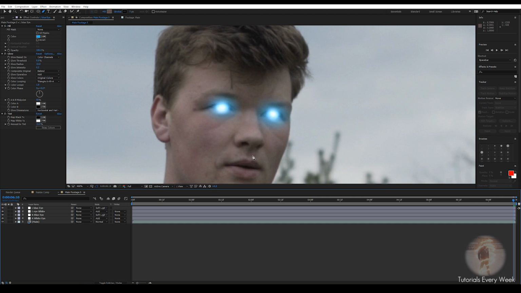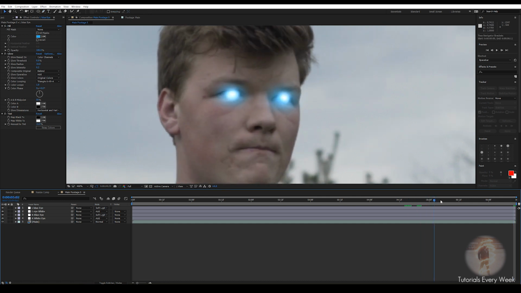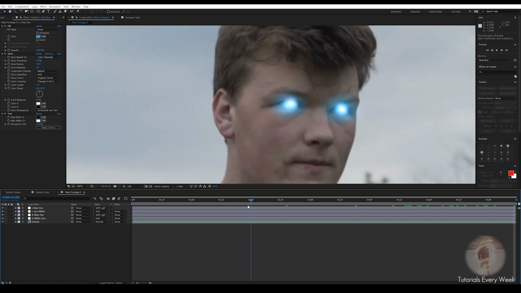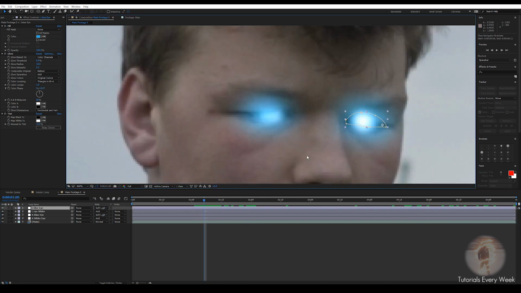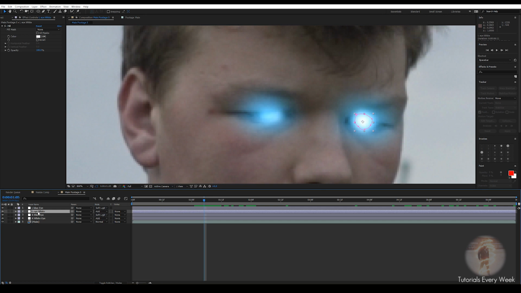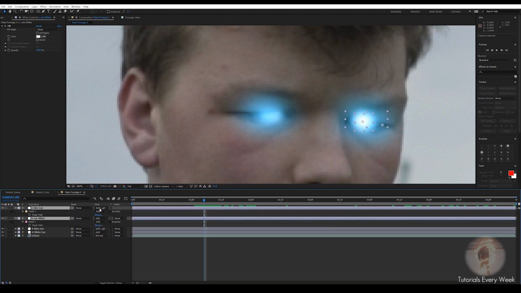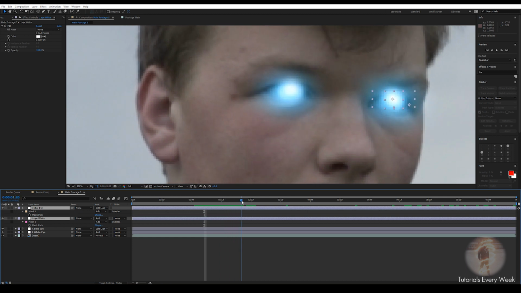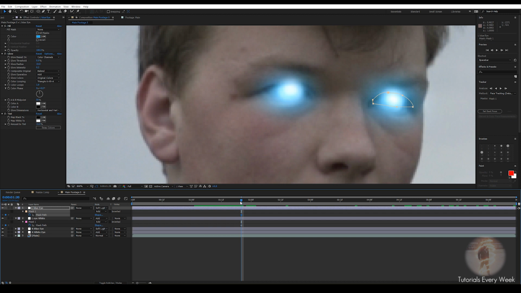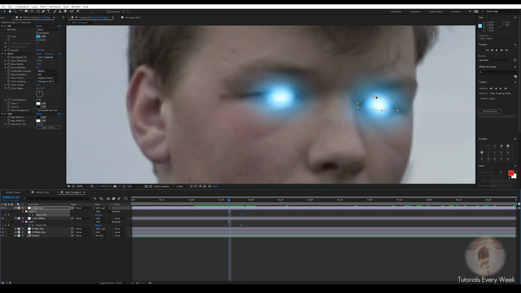Alright, now you can see the eyes. Eyes attract to it. Good. I just gotta fix up this eye, and that's with the mask I said. So if you press both of them, you can press M on the keyboard. Go to when your eyes start to look down. So press keyframe on each, and then start to